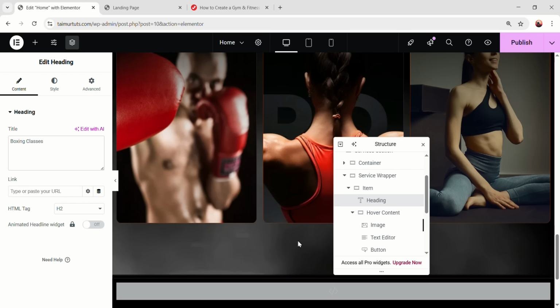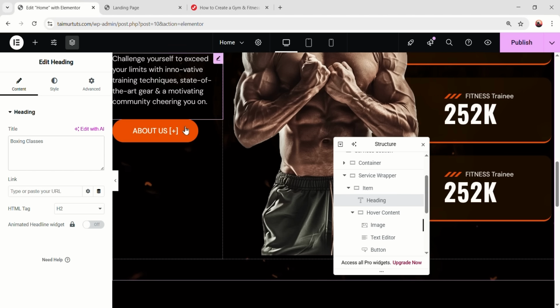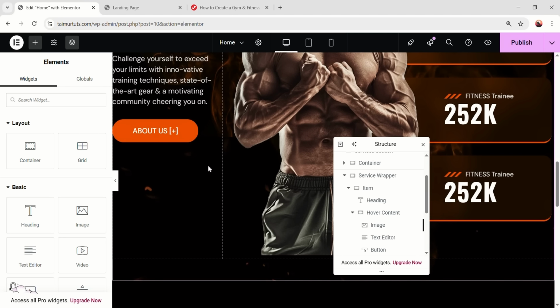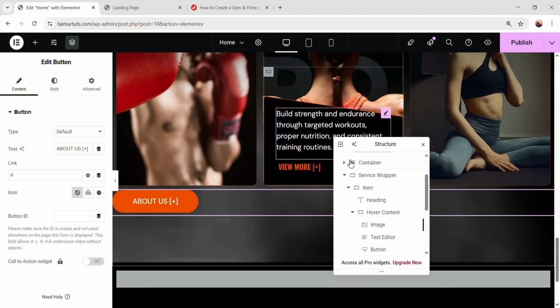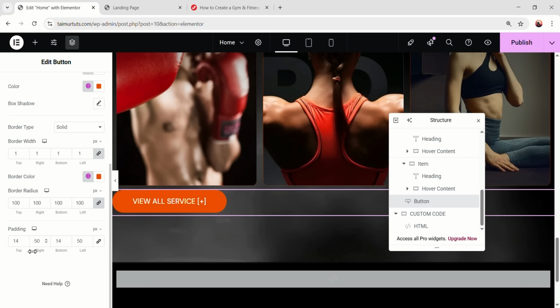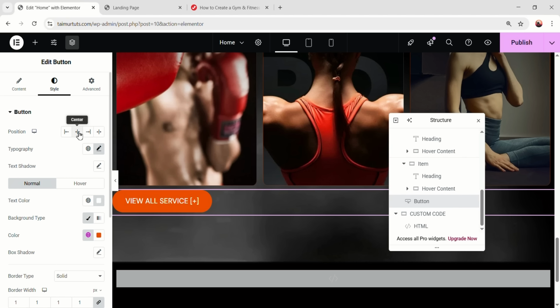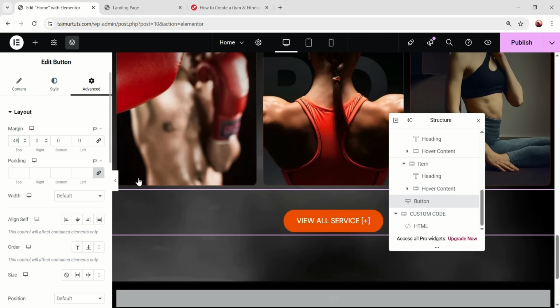Instead of creating a button from scratch, we can just copy this button and paste it here. And change the text of this button to this, and go to style, scroll down here, let's change the padding right 32, padding left 32, and also make the position here center, go to the advanced, margin top 48, and